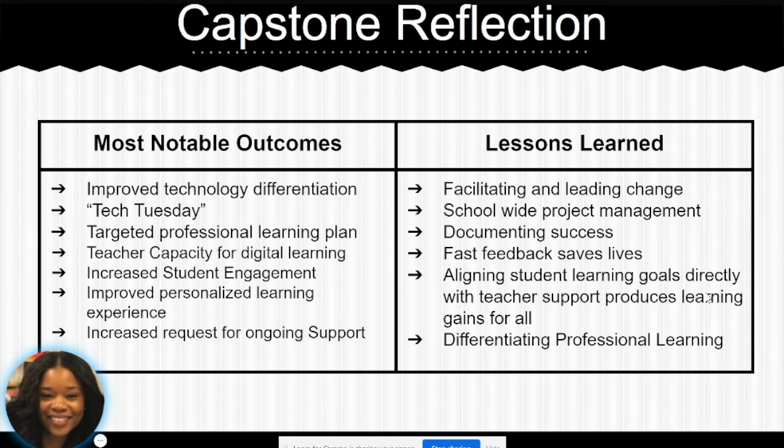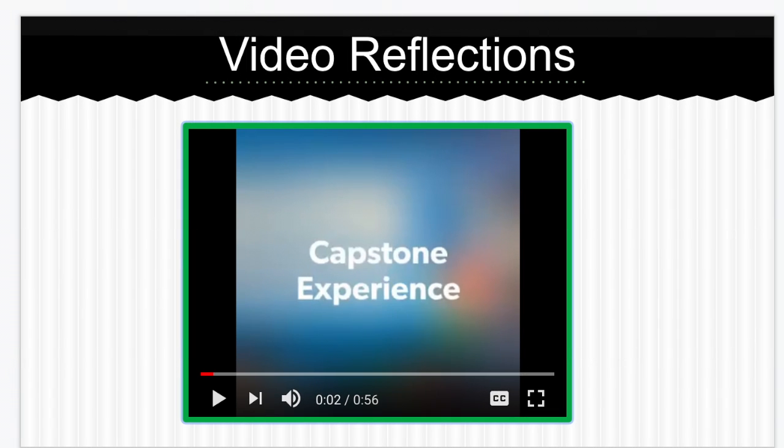And one of the things that I did not gauge, but I'm excited for, was the increase in requests for ongoing support. It wasn't pulling teeth. It wasn't begging people to see this and want to be interested. They had seen the impact. The impact was evident and undeniable, and people were saying, give me more, which also was evidence of the positive impact that the Capstone experience of digital differentiation had on our total school, the focus population to begin with. And I'm looking forward to seeing the continuous impact and being a part of that change at our school. Every single day,